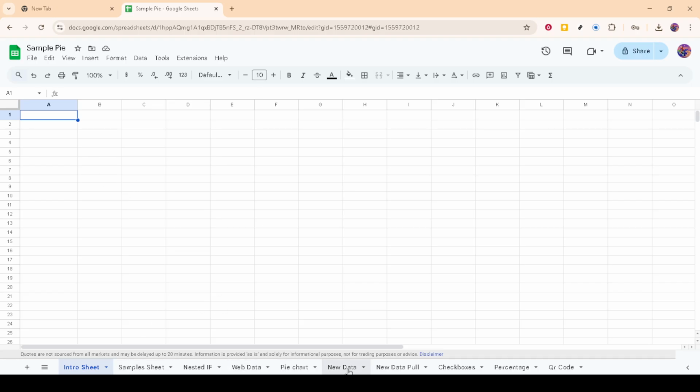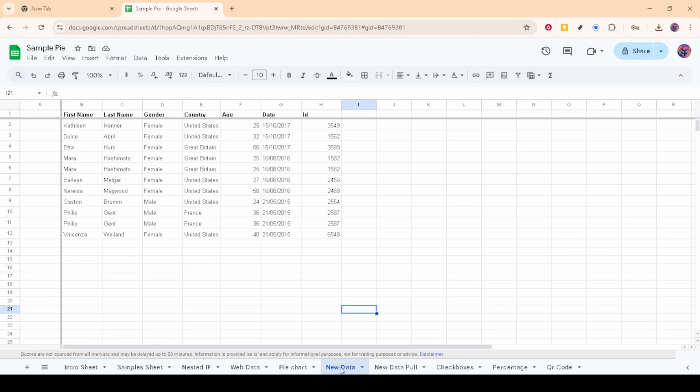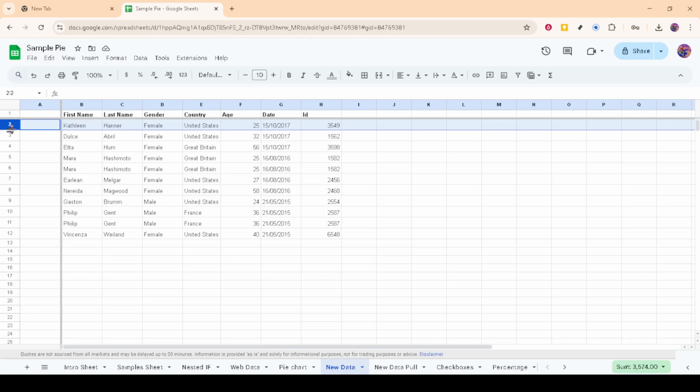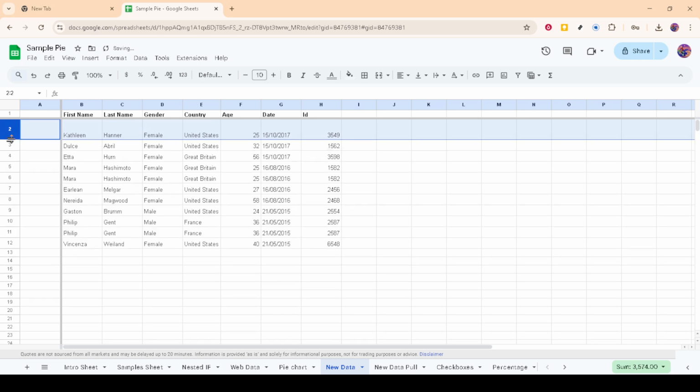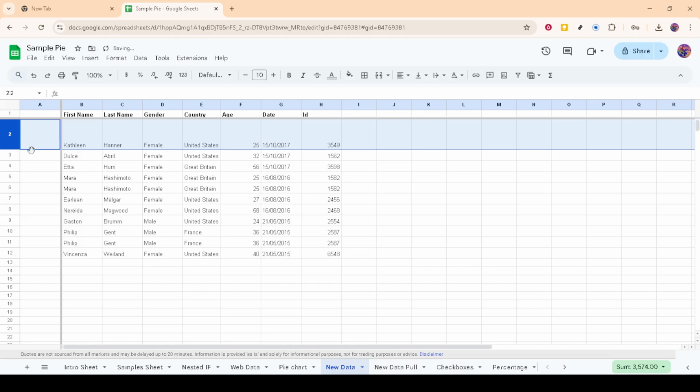Now, let's tackle adjusting the row height. Move your mouse cursor over to the border between the row numbers on the left side of your sheet. You're aiming for that faint line that separates each row number. As you hover there, you'll notice your cursor change to a double-headed arrow. This little icon is your new best friend for resizing rows. You simply click on the border, hold the mouse button down, and drag it up or down to tweak the height. It's a quick adjustment, giving you control over how much space you need for your data or text.